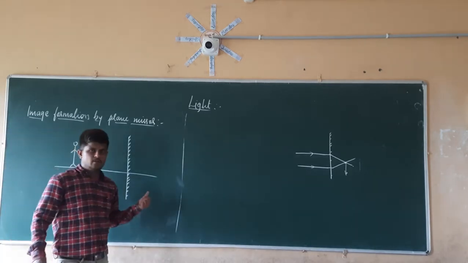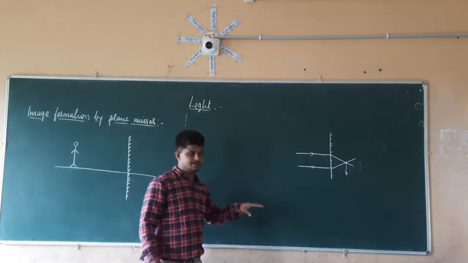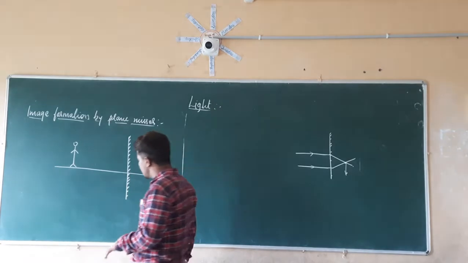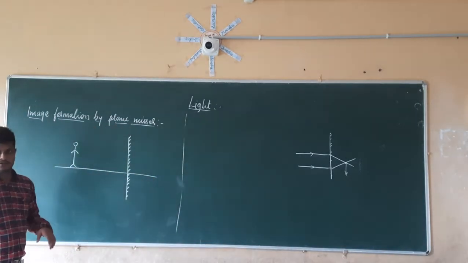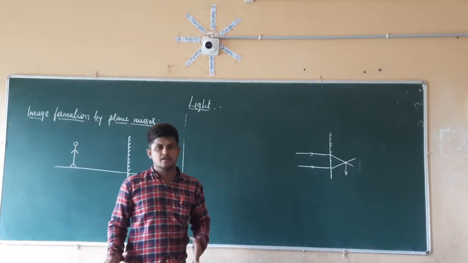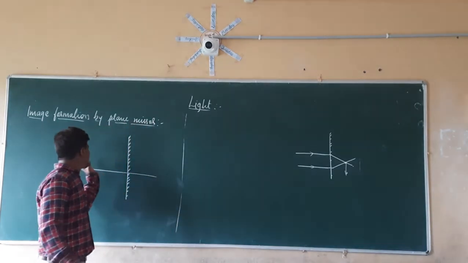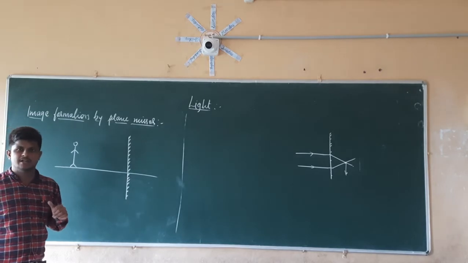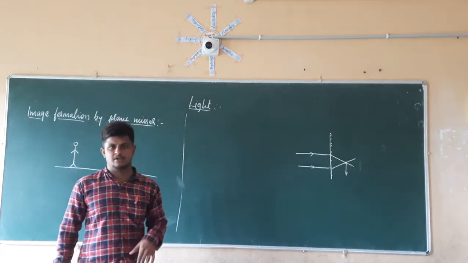So we know that there should be two light rays that intersect or merge so that there will be the formation of the image. But we also know that this thing here is a human being. A human being is a non-luminous object, so it doesn't have any light of its own. From where is it going to take light, and where are the light rays going to come from? Since it is a non-luminous object, we already know that non-luminous objects reflect the light rays which are coming from a natural source.